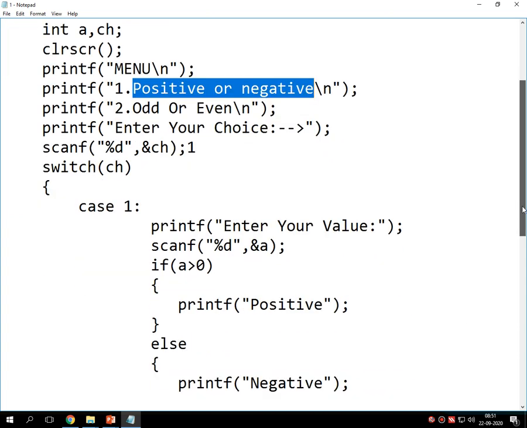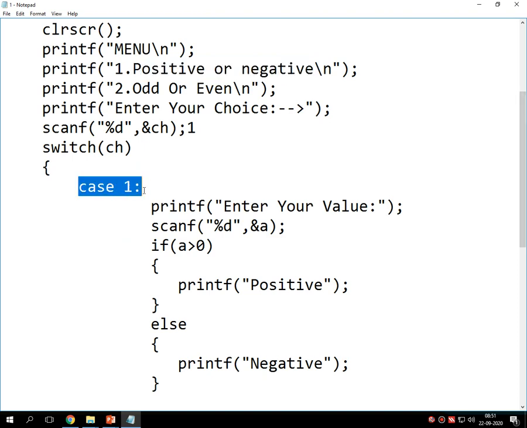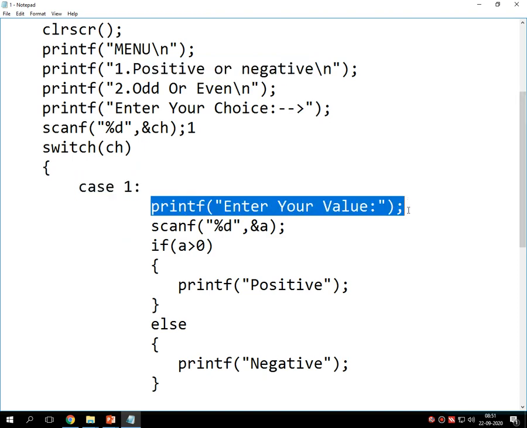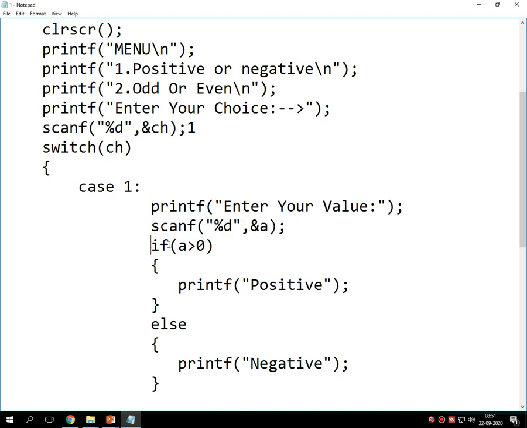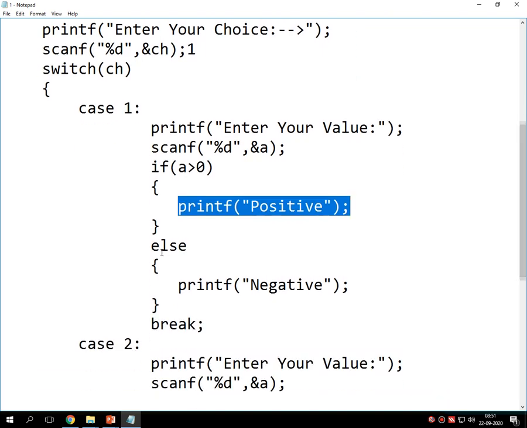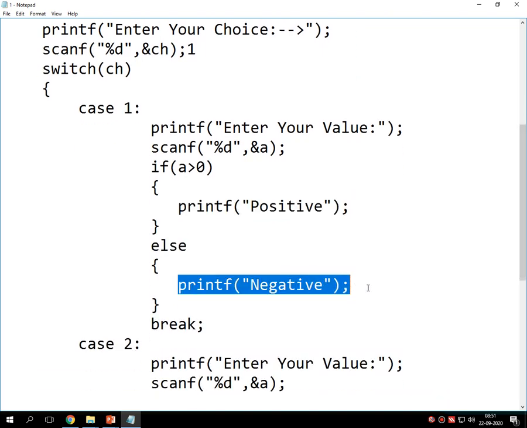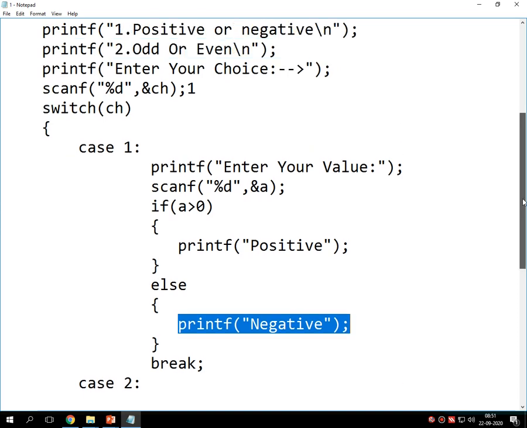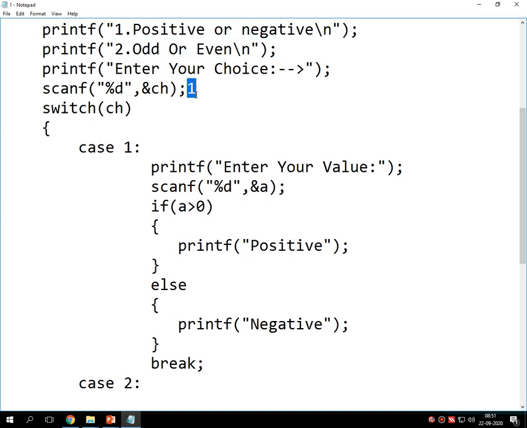That means the control of the program goes over here. It asks for one value and it checks whether that value is greater than 0 or not. If it is greater than 0, then it prints positive. Otherwise it prints that the value is negative. Case number 2 is for odd and even.